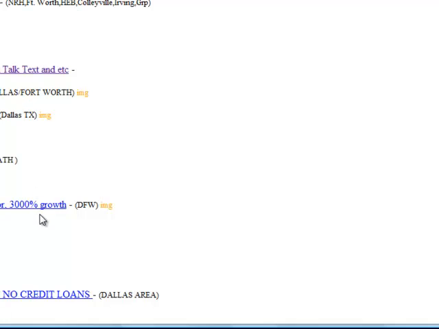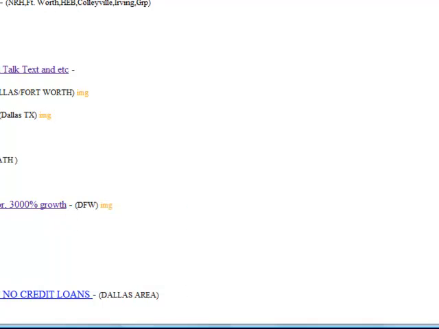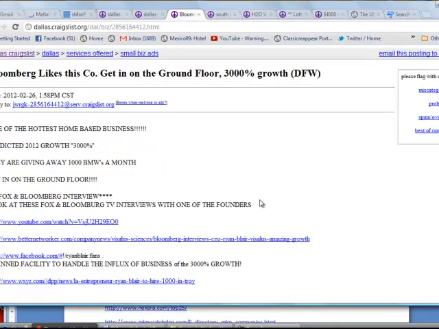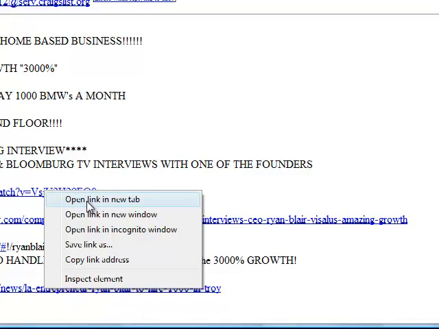So I'm just scrolling down and I'm opening the next one. This is "Bloomberg likes this company, get on the ground floor opportunity." All right, sounds like an MLM company to me. Oh my God, this ad is very cluttered. But I can tell, and I'm reading this, that actually this person is probably in Visalia. And they obviously have a YouTube video here. And